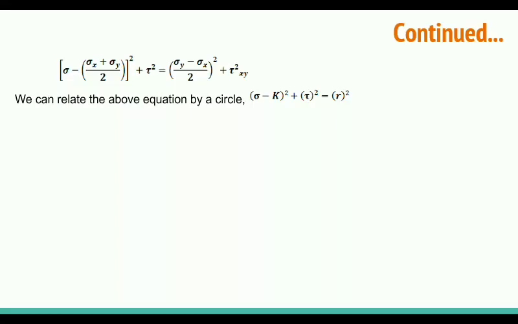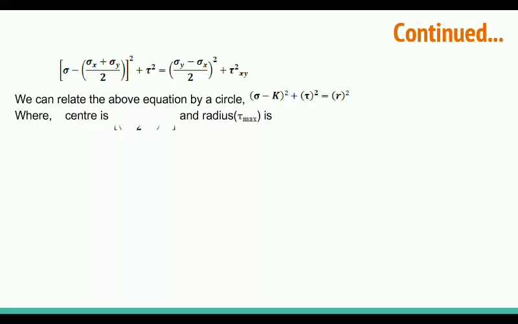So what is the difference between what we discussed in the previous lecture and what we are discussing in this lecture? In the previous lecture, shear stress was not given on the vertical and horizontal planes, so we could call them principal planes. But this time we cannot call them principal planes. And at that time the radius was sigma y minus sigma x by 2. But in this case, the radius is changed.